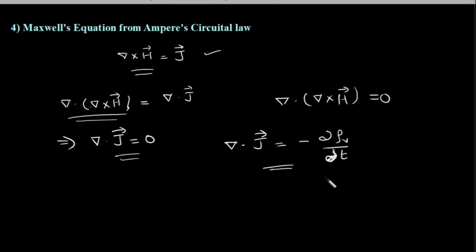So it depends upon time. So this is true in time varying field also. In time varying field also, del dot j should have been minus d bar rho_v by d bar t, but I am finding it to be del dot j equal to 0. So what this tells you is that this curl of H equal to j was derived in steady magnetic field. Okay, I'll repeat, continuity equation was derived in steady electric field, but the relation establishes that it can be true in time varying field also.